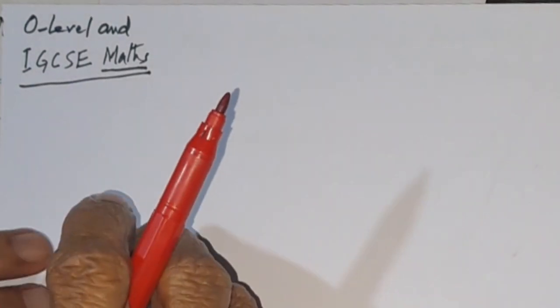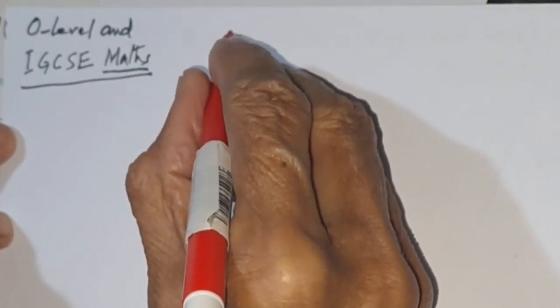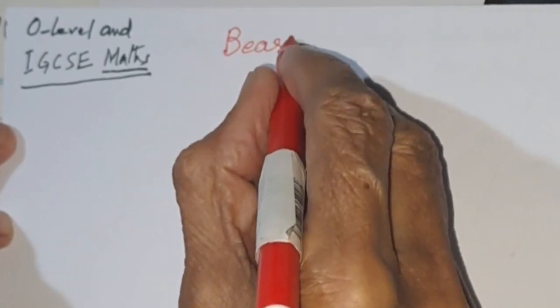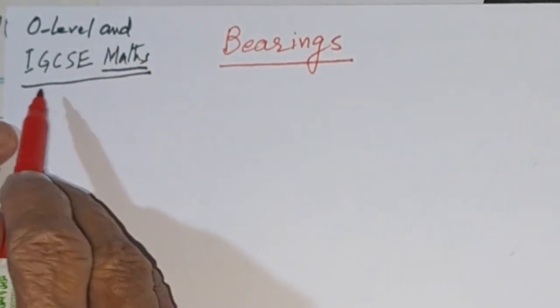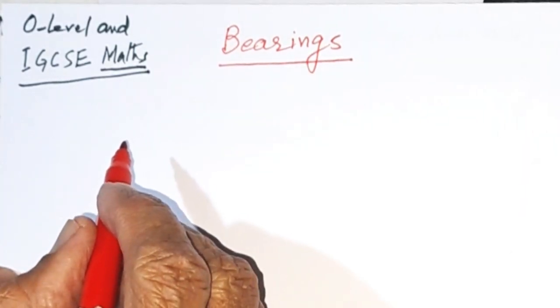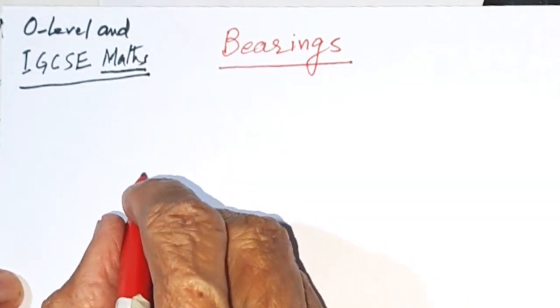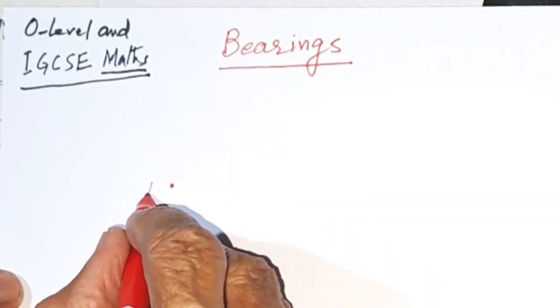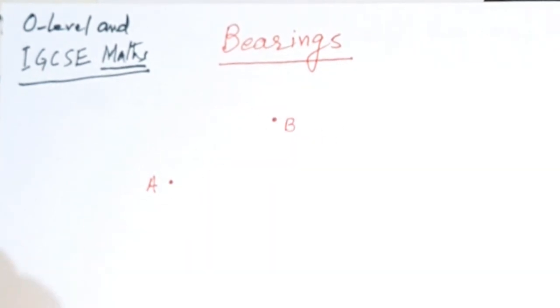Okay viewers, today we are going to learn how to read bearings in O Level and IGCSE Mathematics. Bearing is nothing but a direction of one point to another. For example, if you take a point A and a point B and we want to find out the bearing